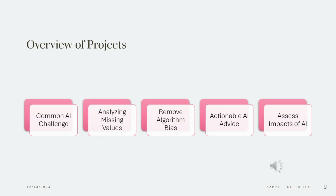Overview of projects. In our class, we are working on 5 impactful projects that leverage AI and data driven techniques to address challenges in healthcare. Each project focuses on a unique area, pushing the boundaries of what technology can achieve in improving patient care. Today, we'll be discussing one of these projects, that is Actionable AI, predicting antidepressant response using patient history and coefficients